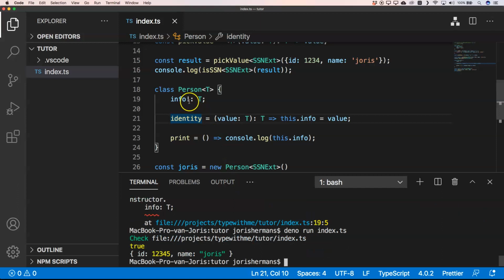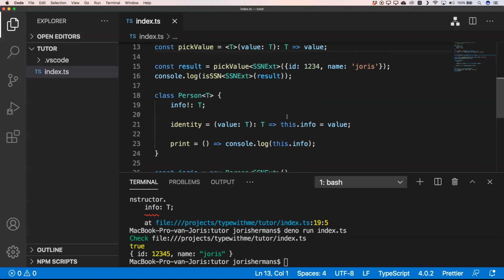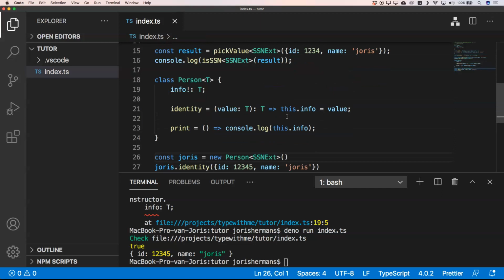So it's important to say, okay, it can be undefined, otherwise you get that annoying error. So this will solve it, and then of course if we do a print, you will see here that my name says joris.print. You will then do a console.log and we get some info back. So it's very easy to use generics, but you need to just put your way around it and use it wisely, right? Like I said, you could do this,